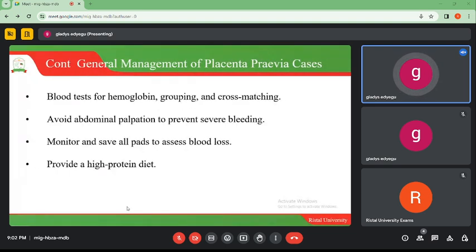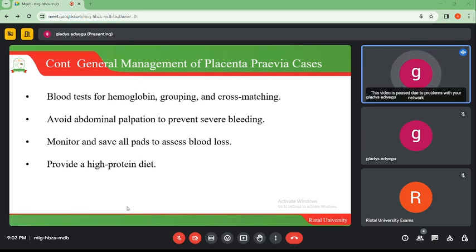Then also blood tests. We have already mentioned the investigations, and we talked about hemoglobin. Grouping and cross-matching is very key when you receive them in your facility. Avoid abdominal palpation to prevent severe bleeding. So when you palpate this abdomen, you may cause more damage to the placenta, and the mother may continue bleeding